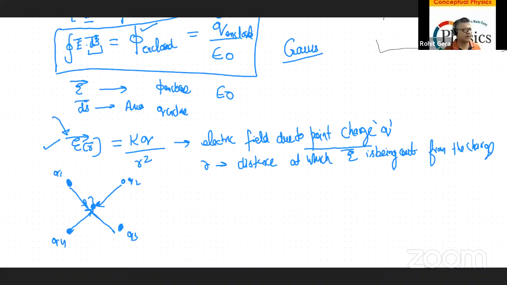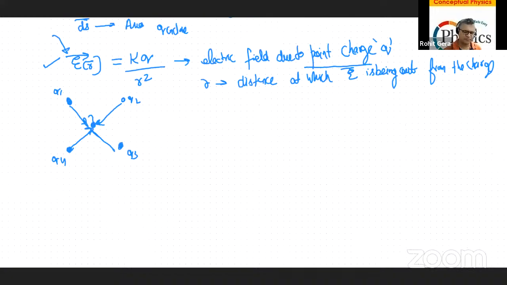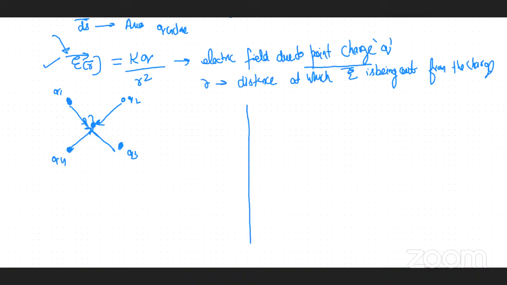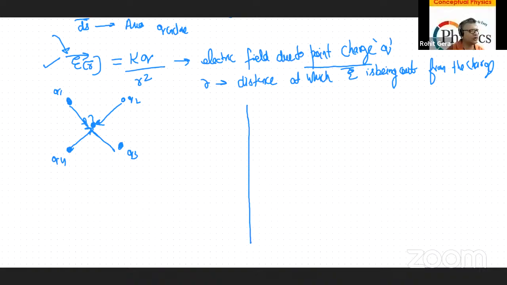Coulomb-like expression, right? But now I will give you a situation. You have a line charge, which is not a point charge. It is an infinitely long charge. It never ends. This is not a point charge. Such charge distributions on a line which are infinite are called